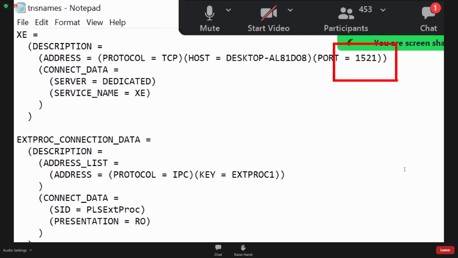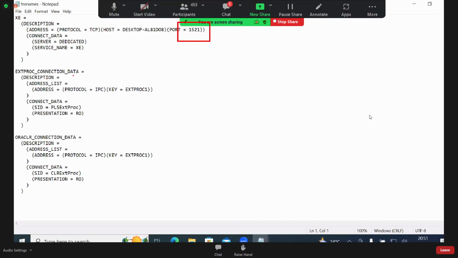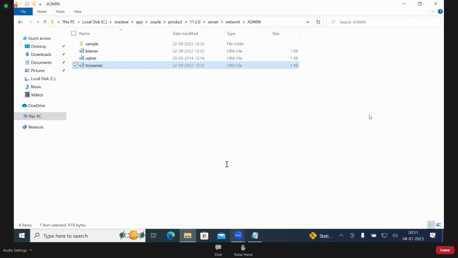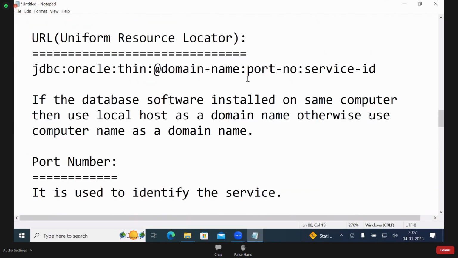Is it a free port number or a reserved port number? Free port number. Below 1023 is reserved. This number you can change anytime, nothing will happen, but don't change it, you continue with one only. Now this number we have to write in the program. This number 1521 is there in my system.